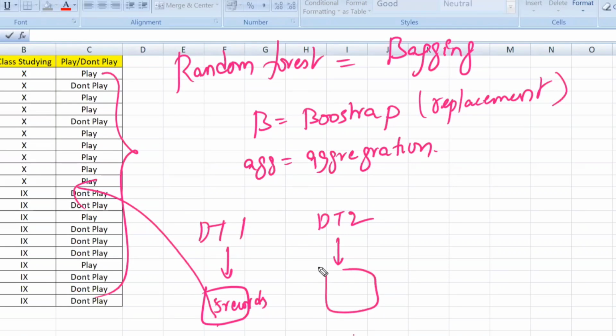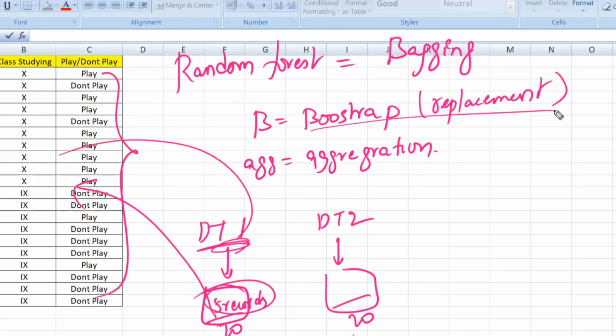Decision tree 2 will also select out of 20. The records utilized by decision tree 1 are getting replaced in the original data. That is called bootstrap, with replacement. Bootstrap aggregation means with replacement.